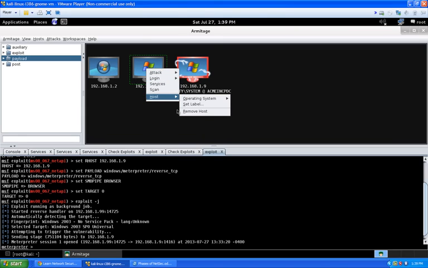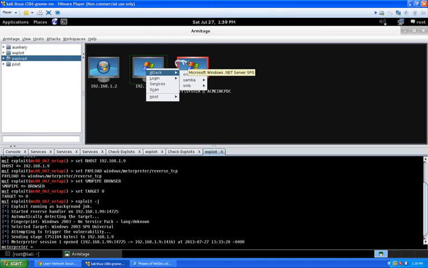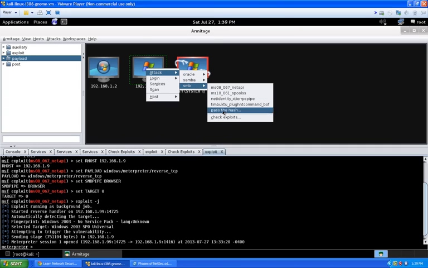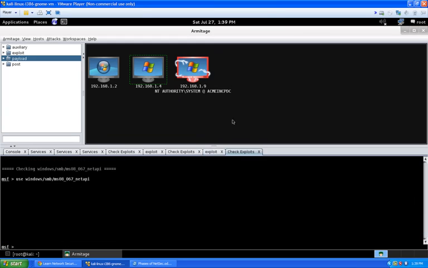And then of course in Armitage, like I said, there's a bug and it will succeed, but it won't show the host is compromised up here on the GUI screen. Anyway, so let's go to this SMB, and let's go ahead and go check all these exploits. So you can see it's checking